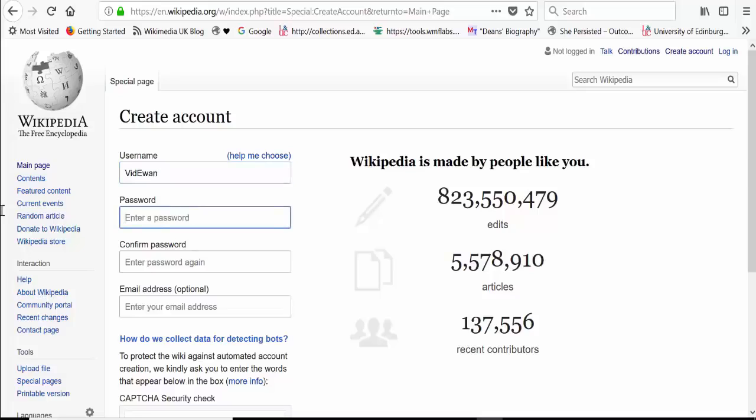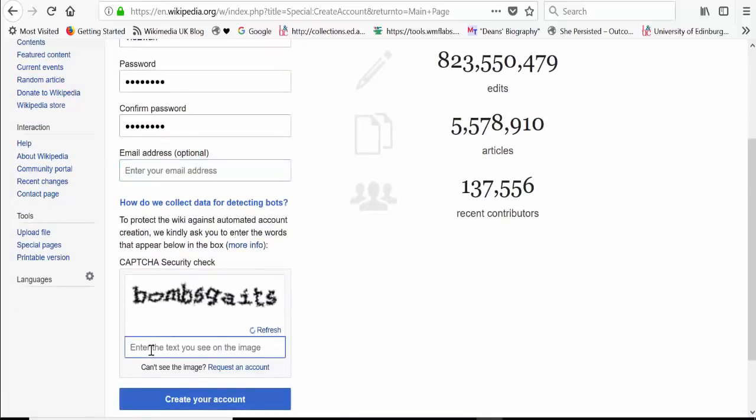So I'll put in a password and confirm the password, and you can put in an email address. It is optional. It's not going to be shared, it's not going to be public, but it's there so that if you want to be notified of changes that are made to pages you've edited or contributed to, you can be notified by email. So I'll leave that just now, but you also have to put the CAPTCHA security check